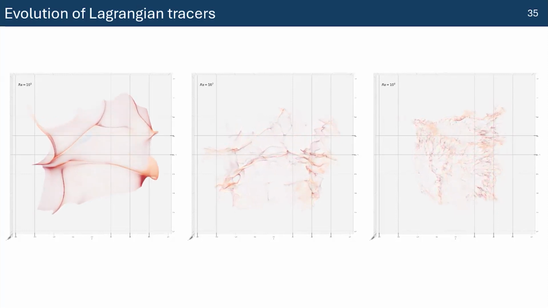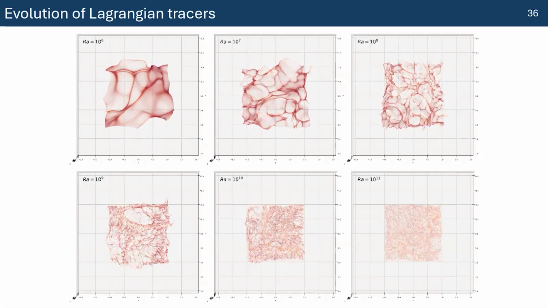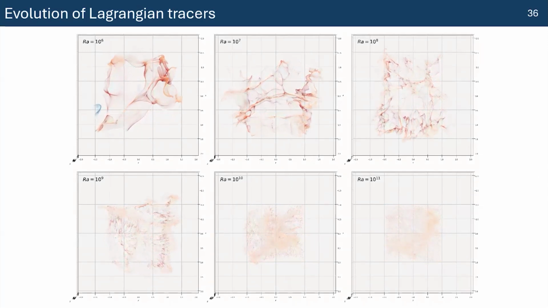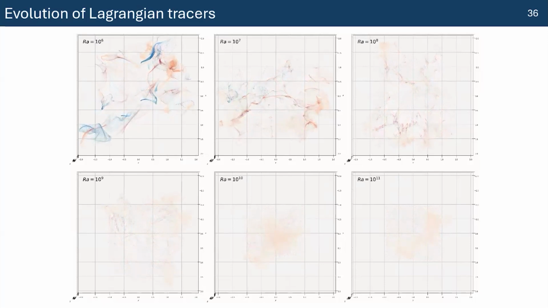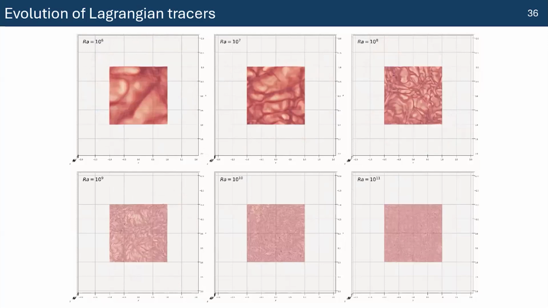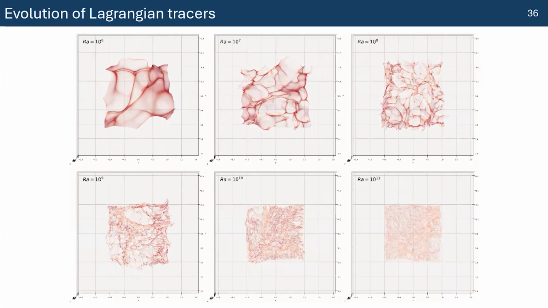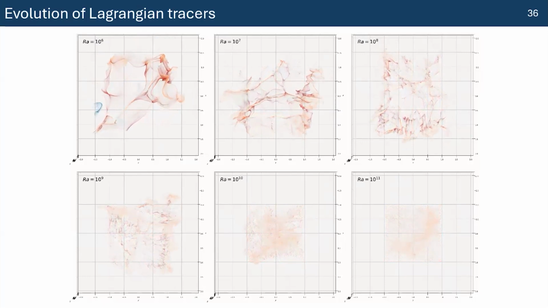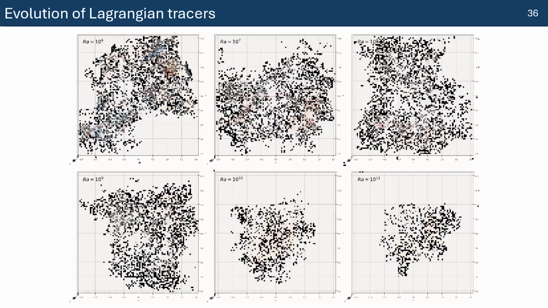And finally, just before moving on, one more thing: these are some of the preliminary cases which we looked at. So again, for 10^6 all the way up to 10^11. And we can see for the highest Rayleigh number, the particles just go into a kind of slight orange mist. So this shows how well the turbulence is dispersing the particles throughout the bulk of the domain for high Rayleigh numbers. And another thing that is interesting to note is for the low Rayleigh number of 10^6, we can see that even after 10 free fall times, the particles are still visible,